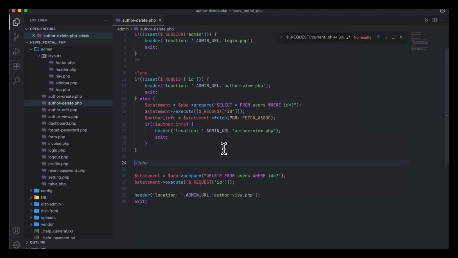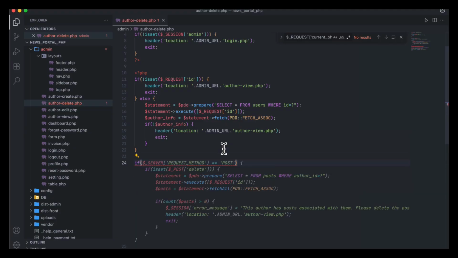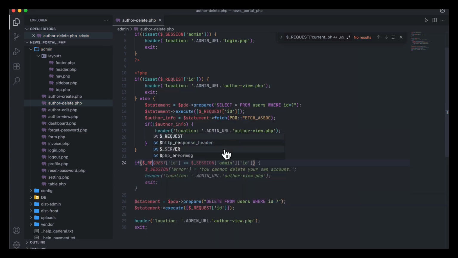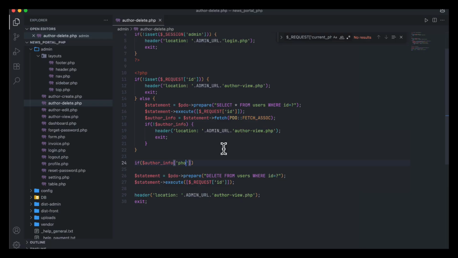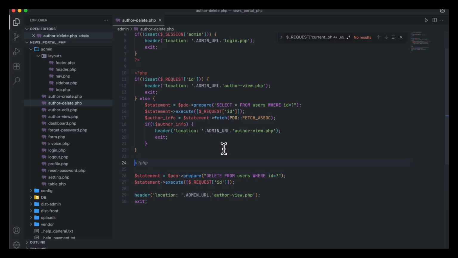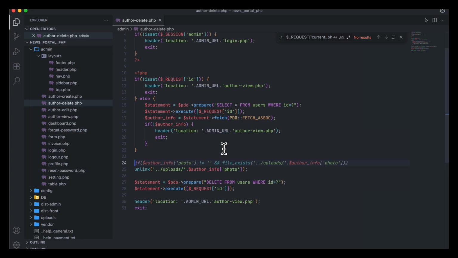the photo. So, sorry, here I am going to use author info photo. Here if you want you can do that for the secure deletion, or you can straight unlink the photo. So like this. So unlink will be here something like this. So author info, but there can be some author that does not have any photo. So I will have to check